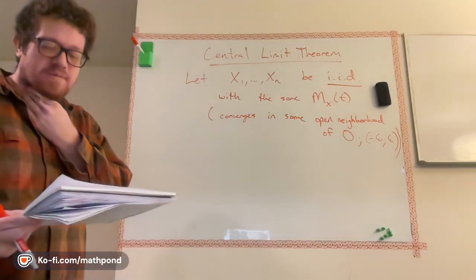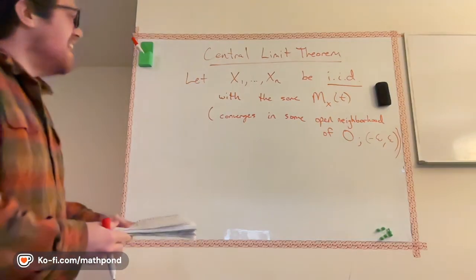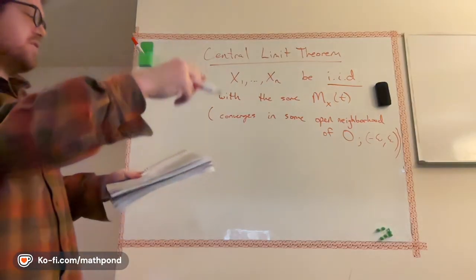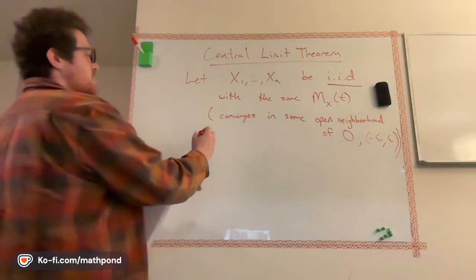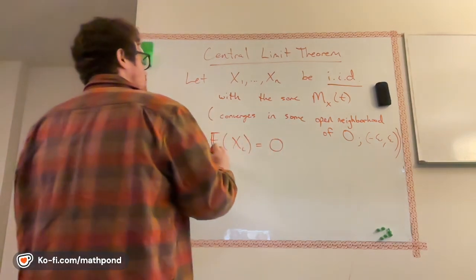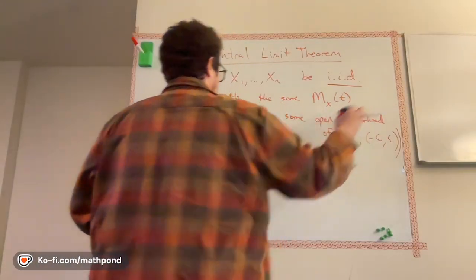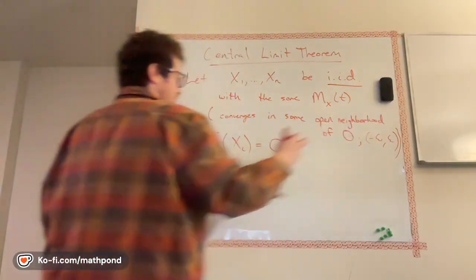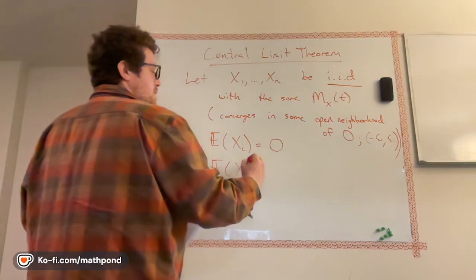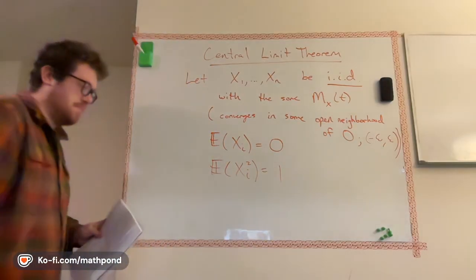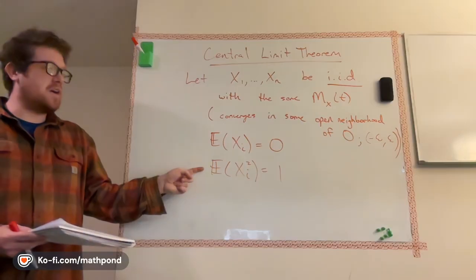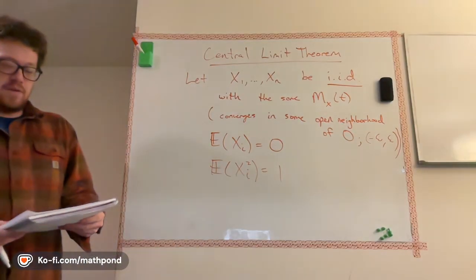Well, I don't know how we'll figure this out. Okay, so we pick a bunch of variables. They're all identical. We add them together, and we do a normalization. There's a normalization factor. Also, we're going to assume that the expected value of each one is 0, and the variance, which is actually, I could just write it as the second moment is the variance if the expected value is 0, and we're going to assume this is 1. So the mean is 0. The second moment, which is also the variance here, is 1 for each variable, and then we're going to define